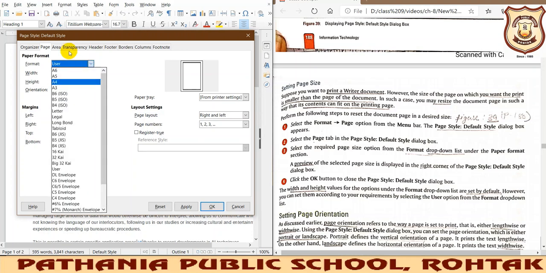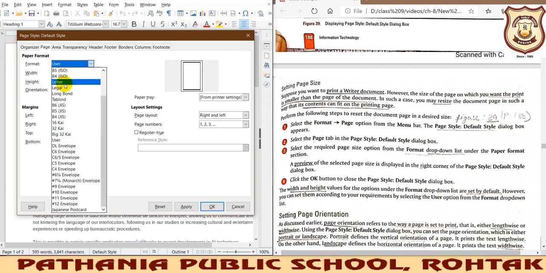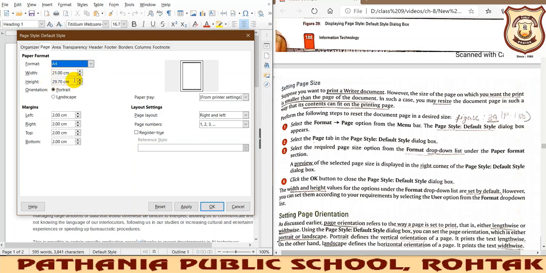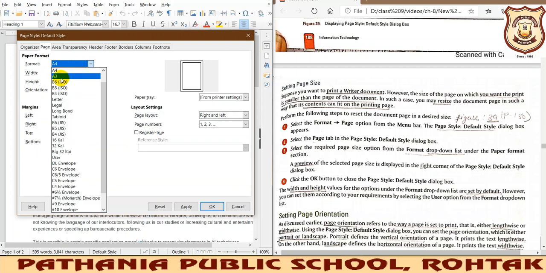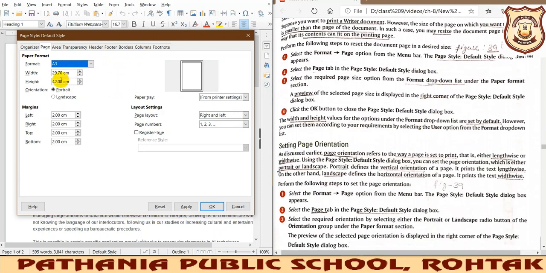When you select A4, it will give you the default size of an A4 sheet, and as I scroll my mouse it keeps changing. If you select A3, this is the default size, so accordingly it will change. So you can change the size of the paper on which you want to take the printout. Height and width will easily change according to the format you are selecting.